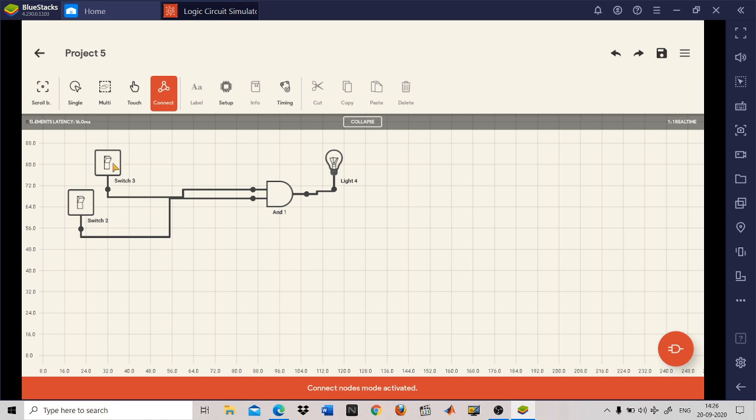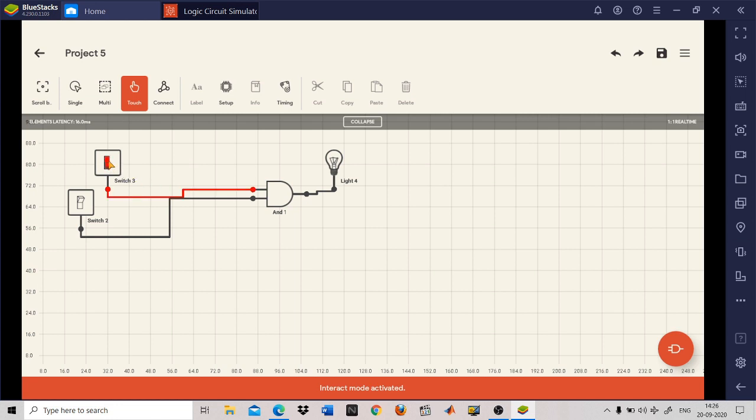Now you can see you cannot click here. For clicking you require touch, because only then your switch will be in the on condition. So go here, touch. If you want to connect anything, then click on the connect, and if you want to check your output, then click on the touch. So after clicking on the touch, this mode is activated, that is, touch mode is activated.